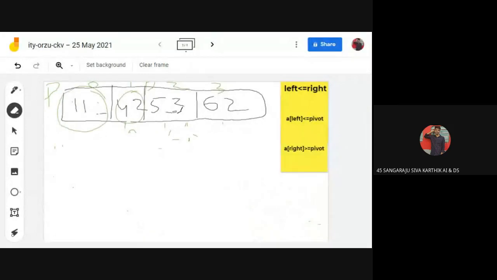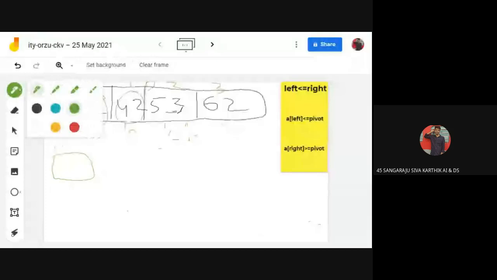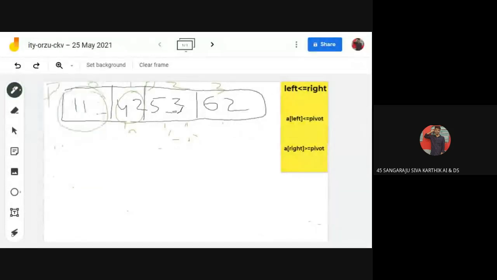Then the methodology will continue up to when it gets a single element. So the left side has one single element. Then 42 will be there as my pivot value.